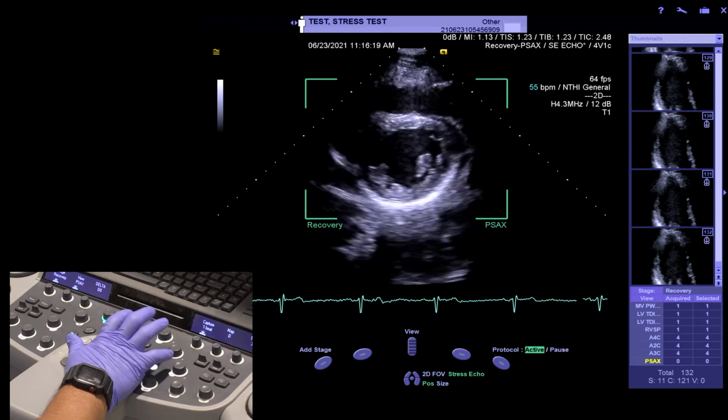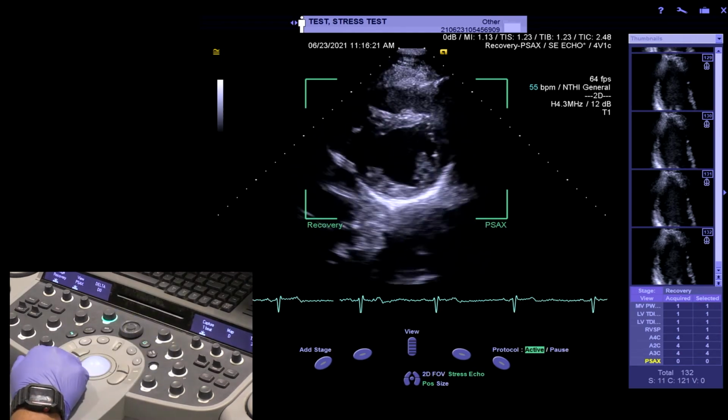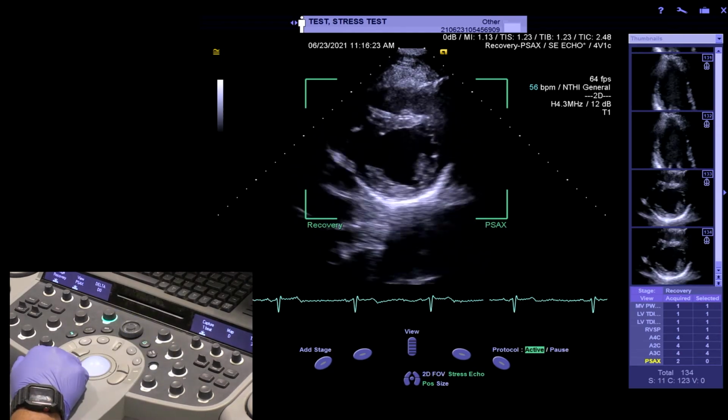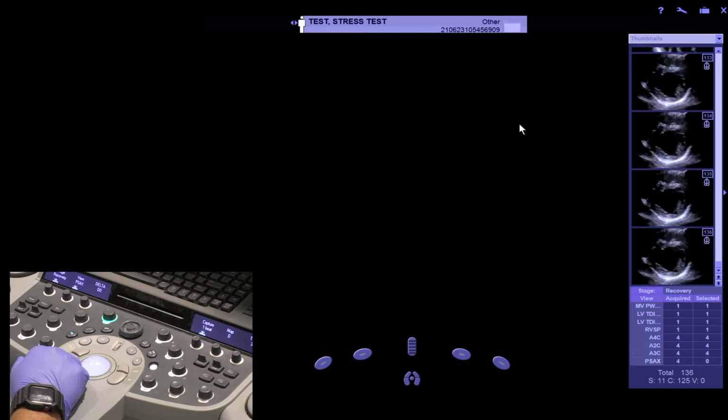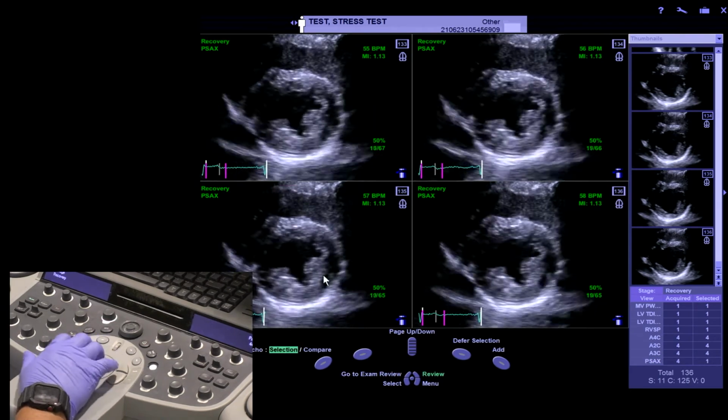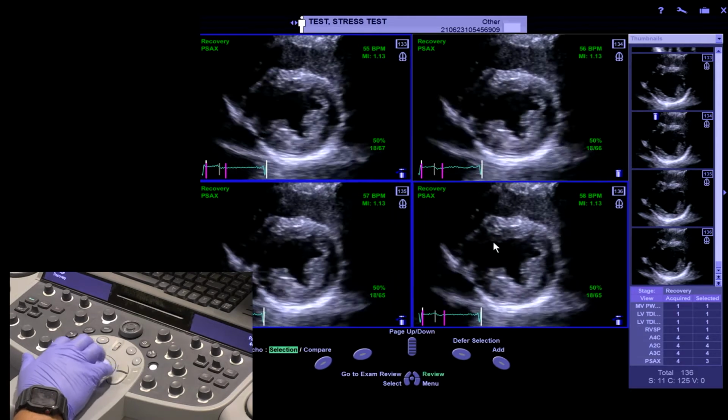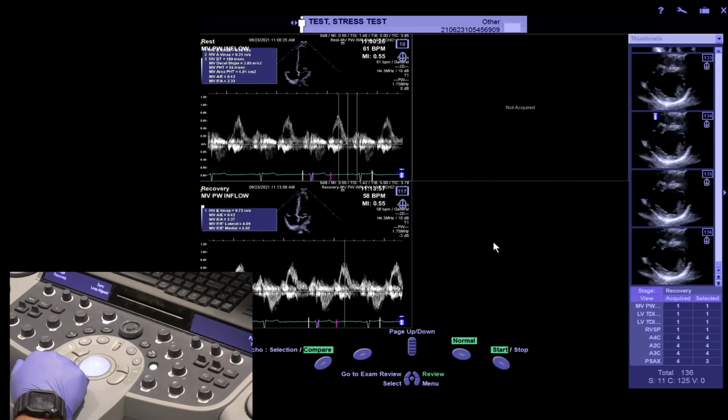And then live acquiring. And single selecting and double clicking on the final. Now, once we've done that, the machine will automatically bring these up for you to compare your resting to your